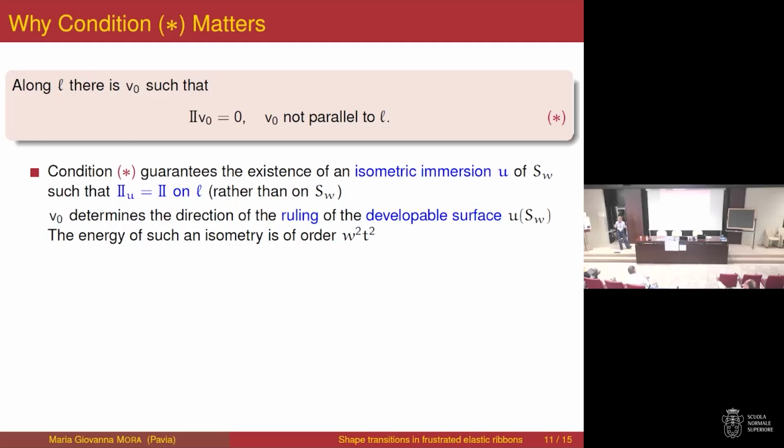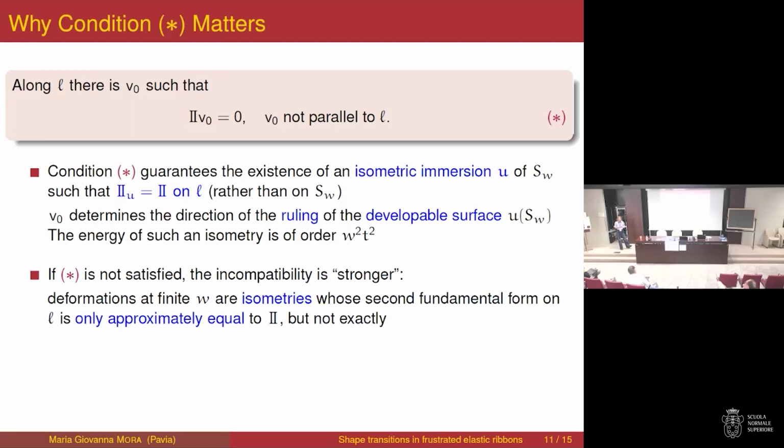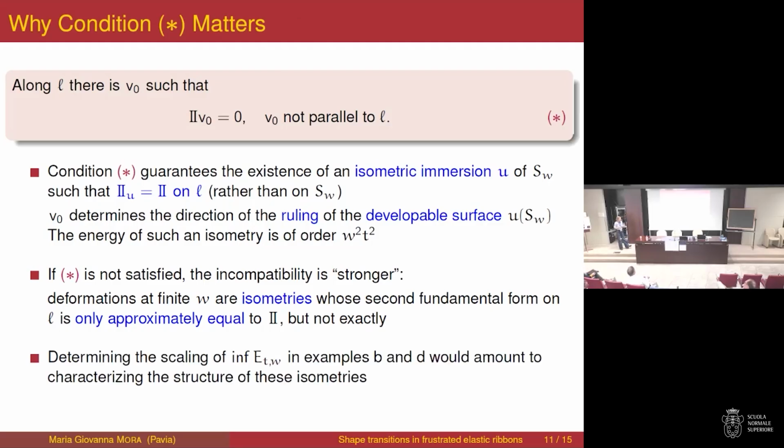the developable surface. And so when condition star is not satisfied, the incompatibility is in a sense stronger. What I mean is that we cannot achieve the target curvature as a second fundamental form, not even on the midline. And so what makes determining the scaling of the energy very difficult, for instance, in the two examples where we see a shape transition, is that, in order to do that, we should be able to characterize the structure of the relevant isometries